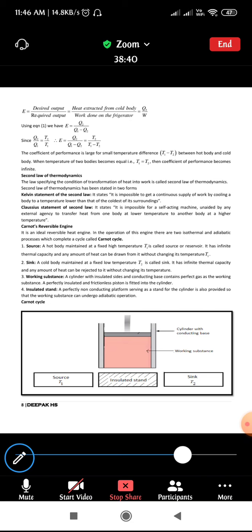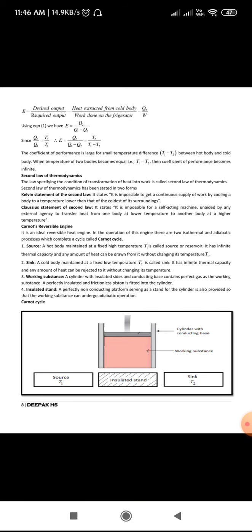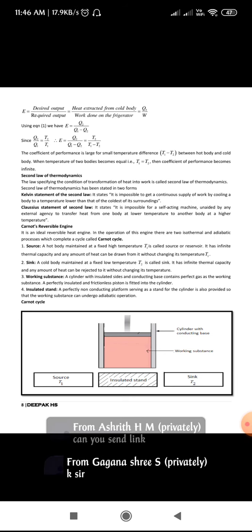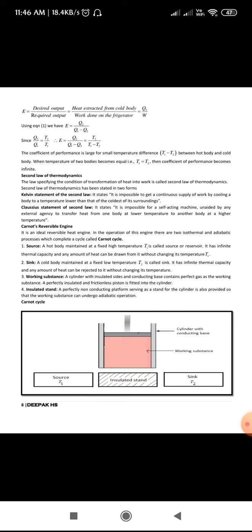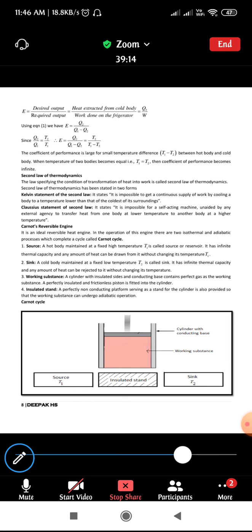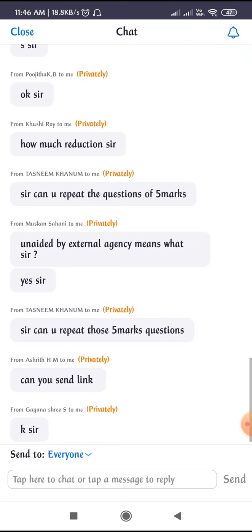Do one thing. The assignment for today's class is to write down reversible and irreversible processes with an example. Next, practice both the statements of the second law, Kelvin's statement of the second law and Clausius statement of the second law. Practice both by writing. Understand the concept and try to write in your own sentences. The assignment which I have said will be asked for 2 marks in your examination. So this is the assignment for today's class.